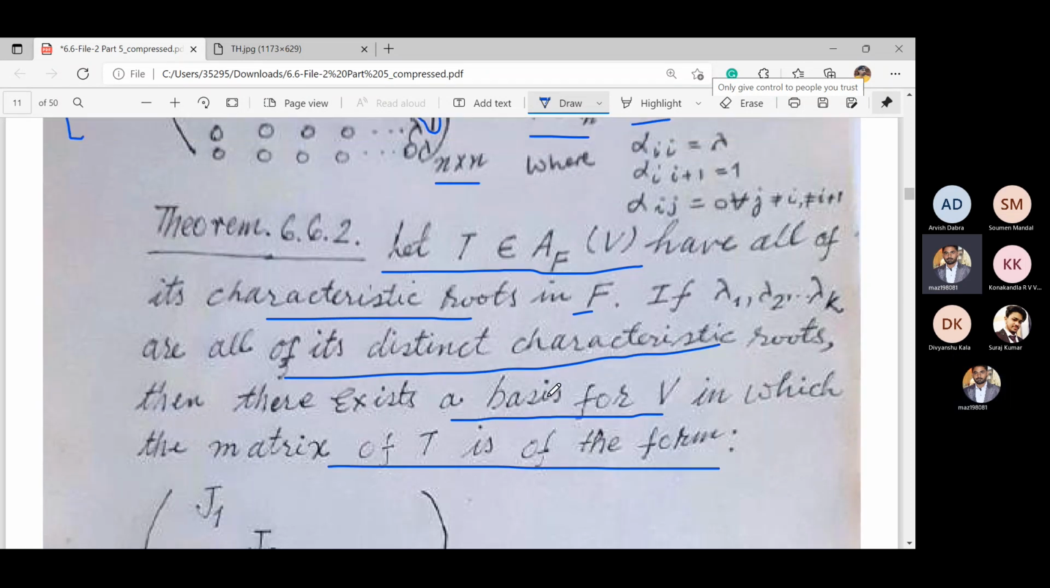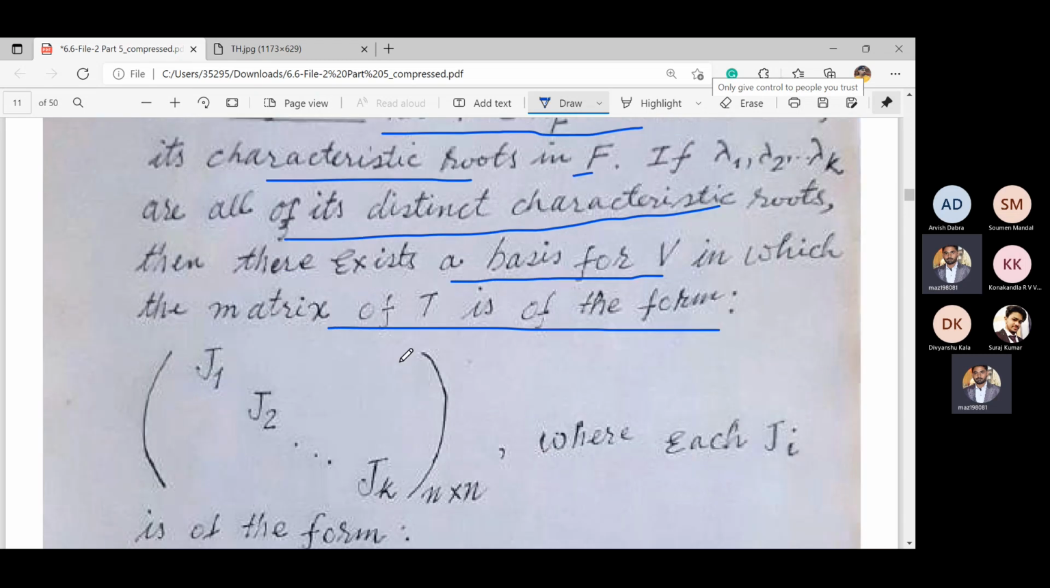Means if we have a linear transformation T over V over the field F, and if it has lambda 1, lambda 2, ..., lambda k distinct eigenvalues, then we get a basis of V for which the matrix representation of T has this form, where J1 is the basic Jordan block for the eigenvalue lambda 1, J2 is the basic Jordan block for eigenvalue lambda 2, and these are of the form, means J1 has the form of,